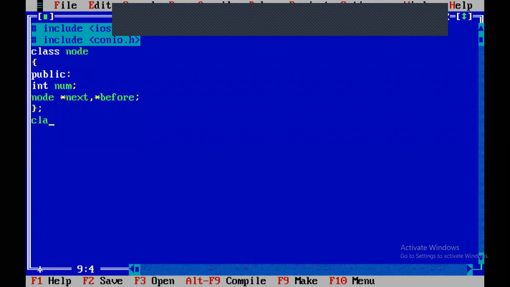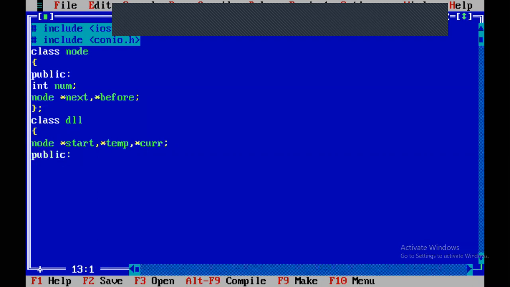Then go for class DLL. I am taking some variables: node *start, *first, *temp, *current. I will take 3 node declarations. Then I will go for one constructor.